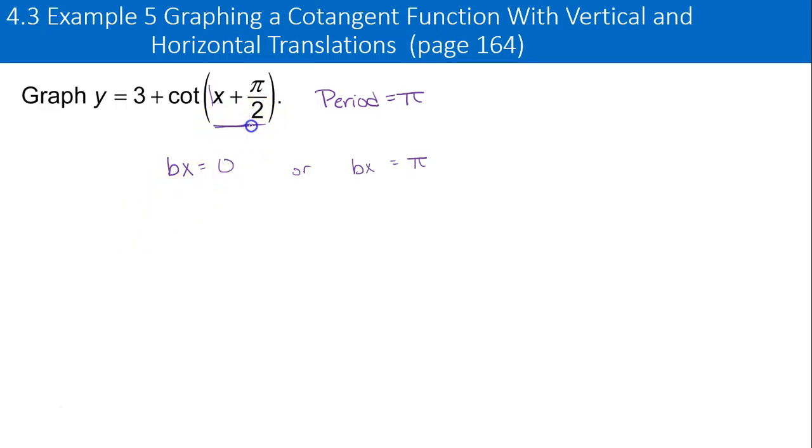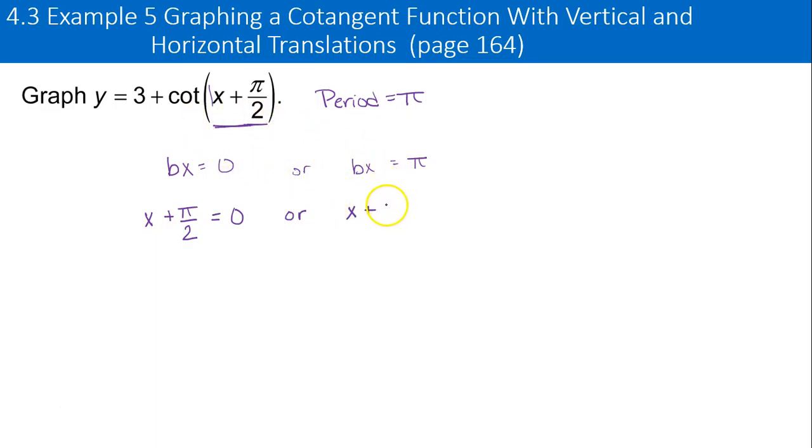Take what's inside our cotangent function, which is that, and then we set it equal to 0 to find one of our vertical asymptotes. And then same thing goes for the other vertical asymptote that we want to find for graphing one full period. So set what's inside your parentheses here